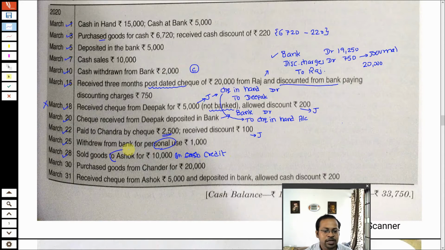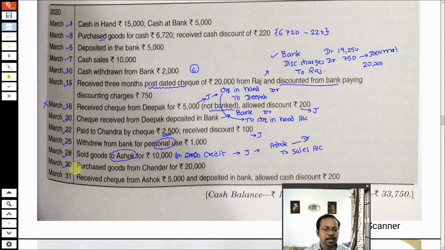Because the name of the party is given, generally we assume that this sale is on credit, so it will be recorded in journal. Why journal? Because our entry will be Ashok account debit to sales account. So there is no involvement of cash or bank, so I will not record it